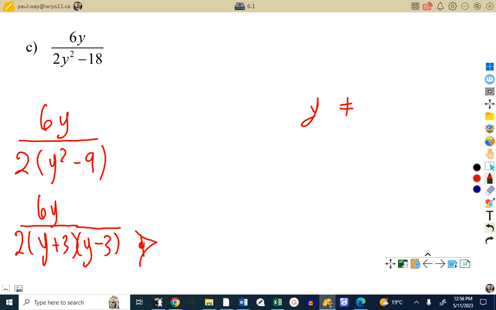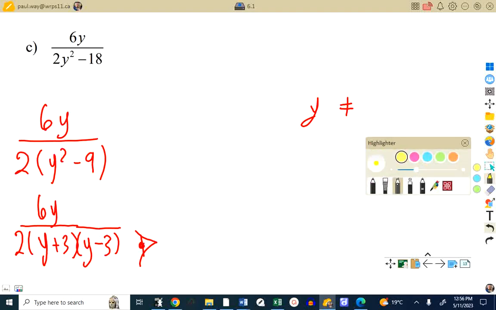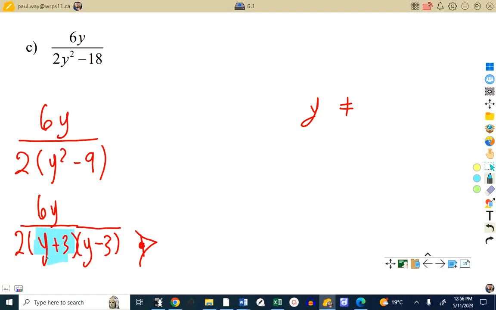Because if any of the factors are 0, the whole thing is 0 on the bottom. And the value of y that would make this blue factor 0 and the value of y that will make this yellow factor 0